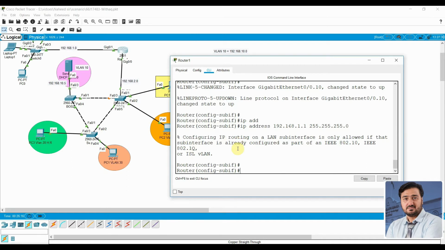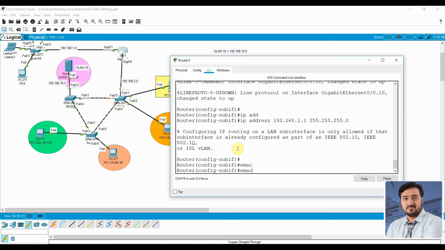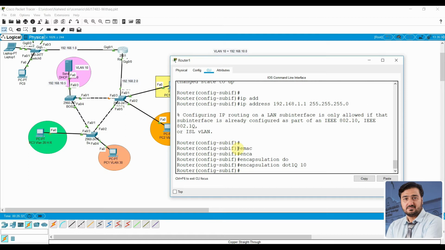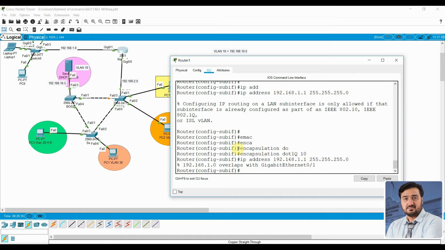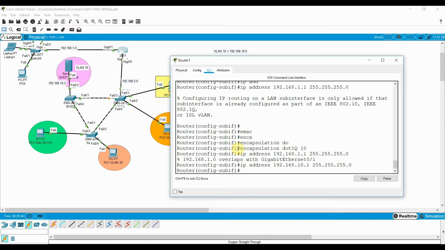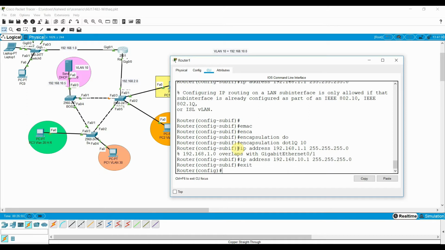So even though we will configure first, you need to write encapsulation dot 1q, and the VLAN number. So VLAN is 10. Then you can assign the IP address. Sorry, this is not 1, this is 10.1. So this is 10.1, and after that you need to create one more sub interface, and then